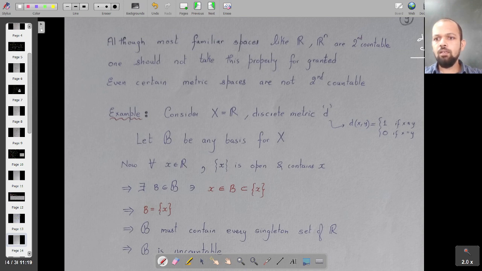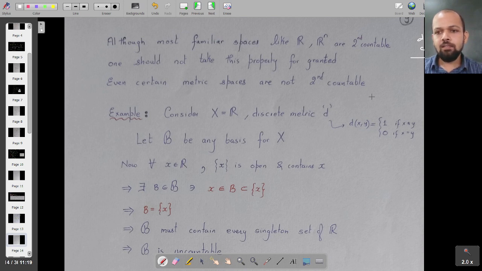I hope you remember this. There was interval AB cross CD. Now I hope you know, if I want to get a rational collection, I only take intervals which are PQ, and maybe somewhere else you take AB comma CD, where A, B, C and D are rational numbers. Then you will get a collection of rectangles such that these endpoints are rationals, and I hope you can go ahead and check that that will also be a basis and a countable basis. And this can then be extended to any Rn. So Rn's will be second countable,